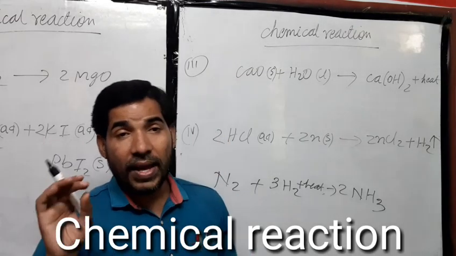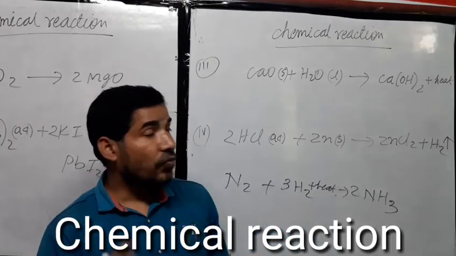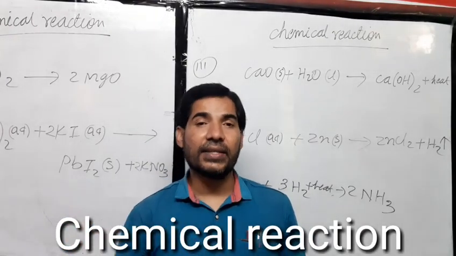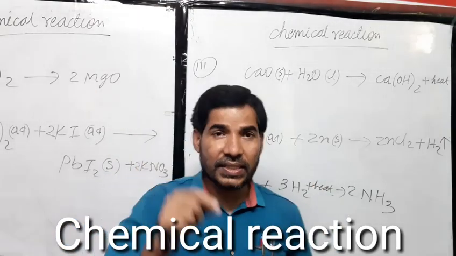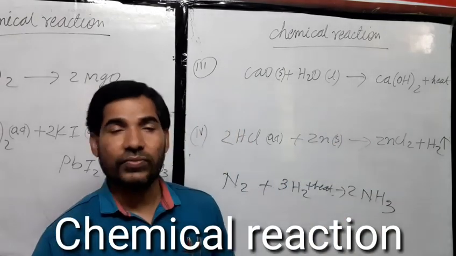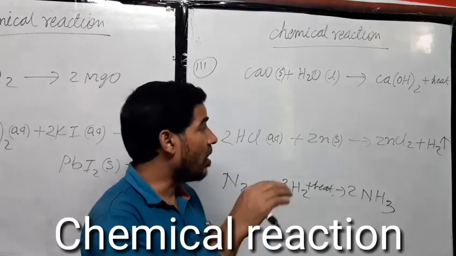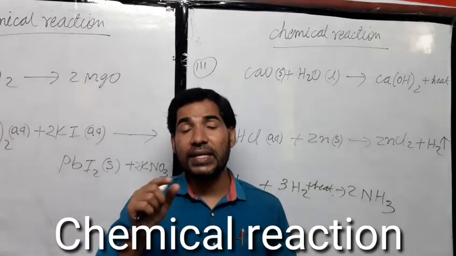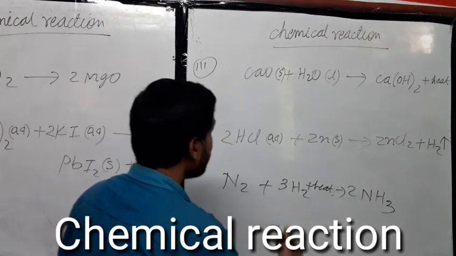Now by using a chemical equation we can say which chemical reaction is a conditional reaction. You will see in some chemical equations something is written just above or below the arrow. The reaction in which something is written above or below the arrow is an example of a conditional reaction. For example, you know